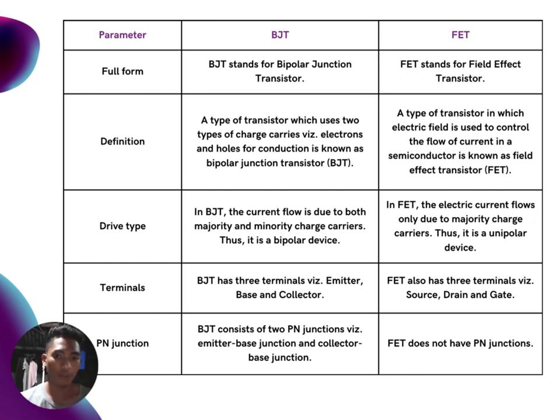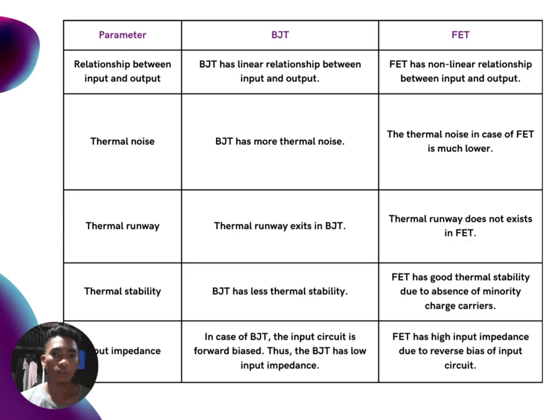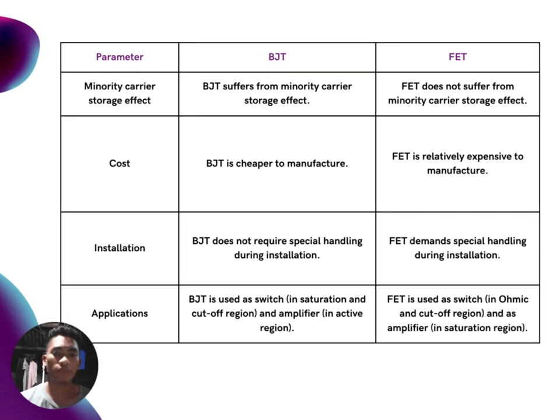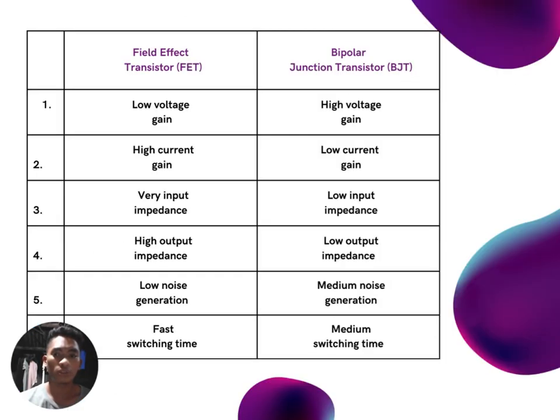So these are the tables of comparison between the BJT and the FET. Field effect transistors can be used to replace normal bipolar junction transistors in electronic circuits, and a simple comparison between FETs and transistors stating both their advantages and their